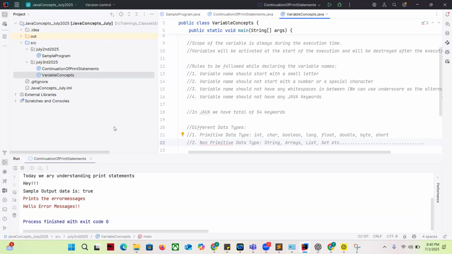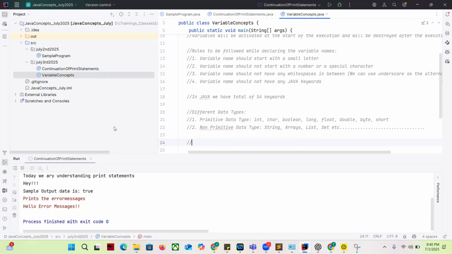You will have an infinite number of non-primitive data types. It's just like how many different kinds of sentences you can form in English, or how many numbers you can form after 10, 11, 12, like 20, 30, 400, 500, 10,000. You can form an infinite number of numbers. Similarly, non-primitive data types are the same thing. So what is the syntax for declaring a variable? Before that, I want to tell you one point that Java is a